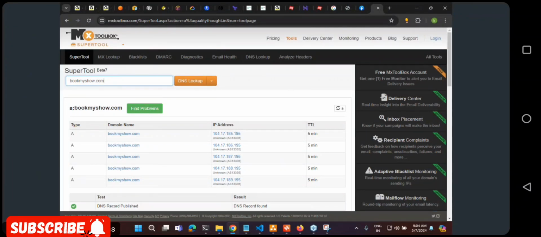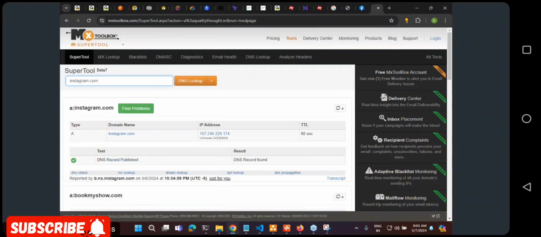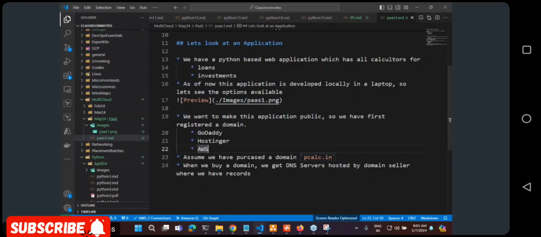So generally, while we are trying with AWS, Azure, we stop at IP addresses because you don't have domains. But once you have domains, all you need to do is map a domain to an IP address. You take any website, you just tell me any website. I think Instagram, Instagram.com, right? Any website has to have this. Is this part clear? We have bought a domain and we have DNS servers where we have this.